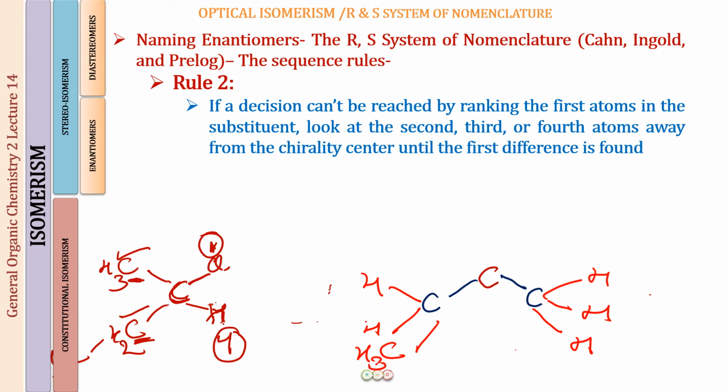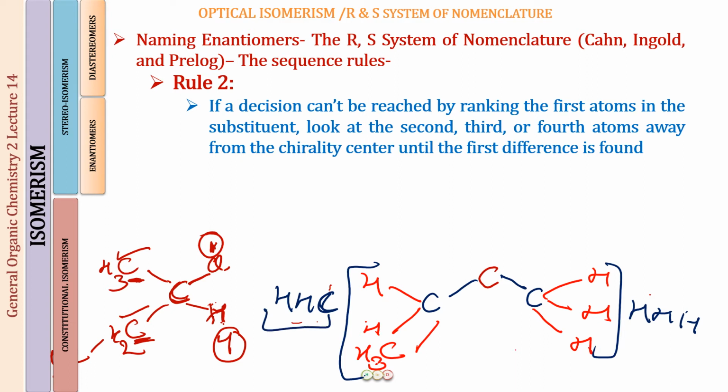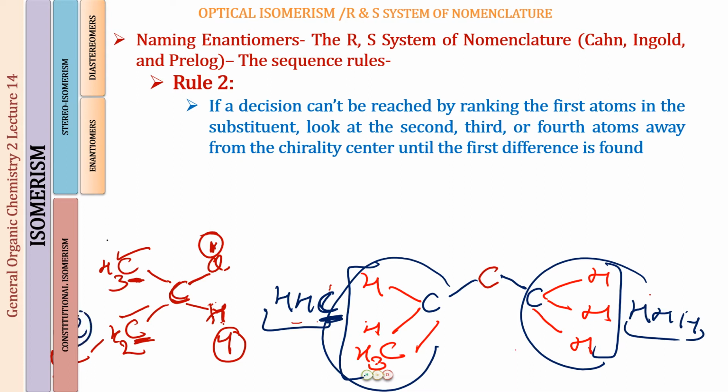So what I can do is write this as H, H as my second group of atoms. And here I can write this as H and C. So out of these three on this side and these three on this side, which is the group of higher atomic number? It is going to be carbon over here. Fine. So my ethyl group is going to be of a higher priority than the methyl group. So this is going to be my group number 2 and this is going to be my group number 3. So this is how you will be numbering these groups according to the highest priority.